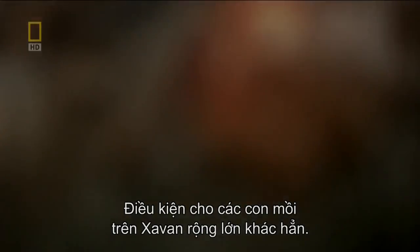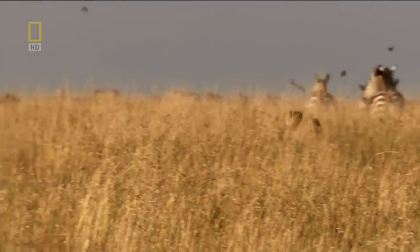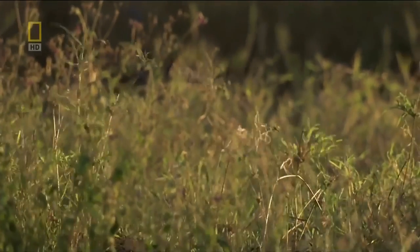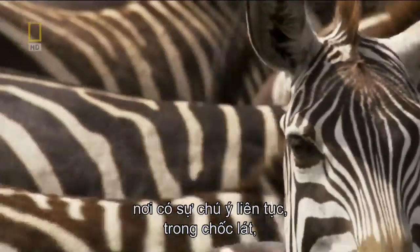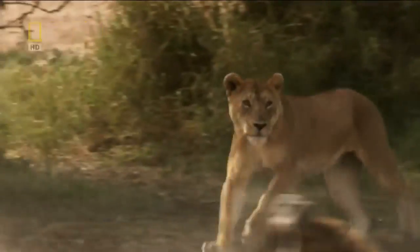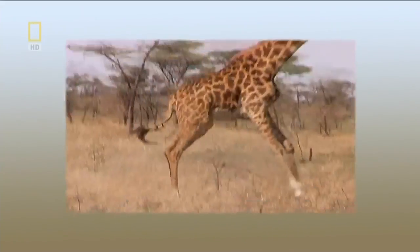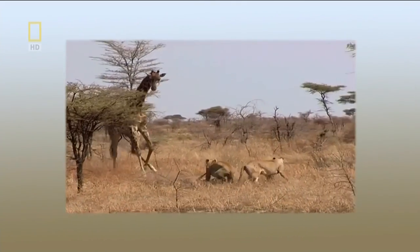Far different are conditions for prey animals on the open savanna. Often a place of vigilance, where constant attention in a heartbeat turns to adrenaline. Here, 3 lions have stolen a baby giraffe. The mother